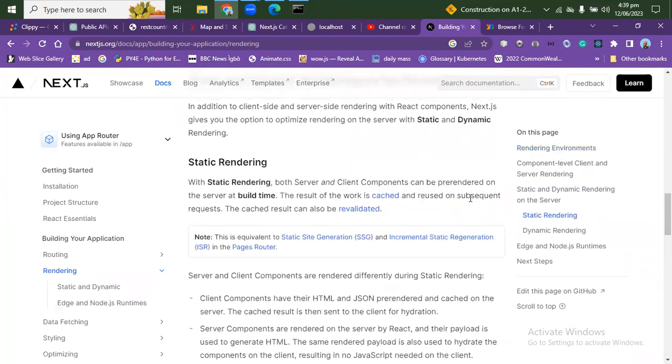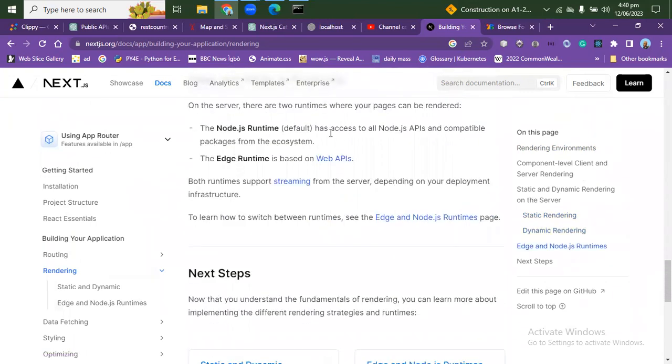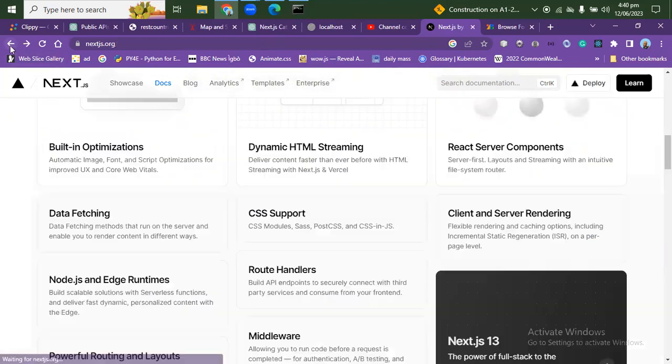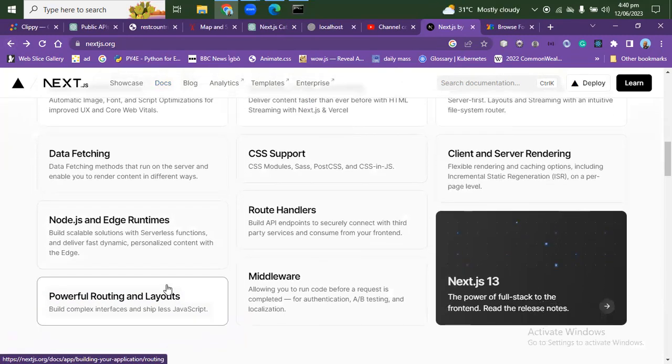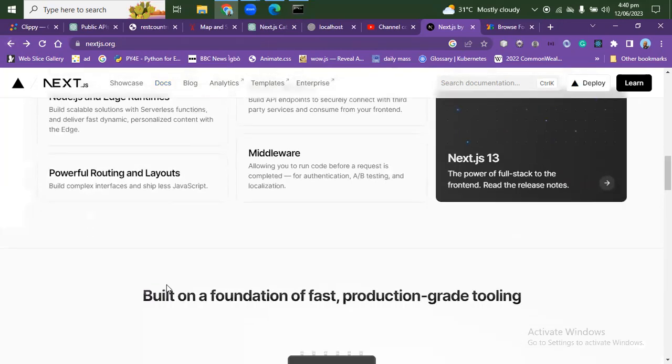I don't need to be installing React Router DOM. I don't need to be importing BrowserRouter from here. I'm not even importing anything. So for my rendering, I use the folders to do my rendering. Okay, so my components, that is what you use to do your rendering. And that makes it quite awesome for you to render your data. So you can see how easy it is working with Next.js. Okay. So a lot of all these things are what make Next